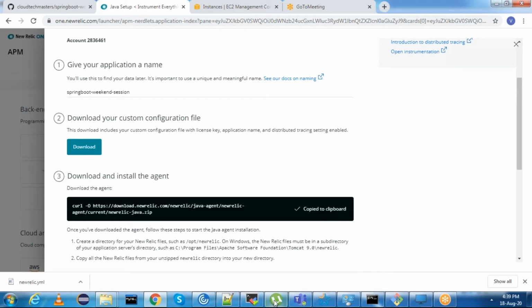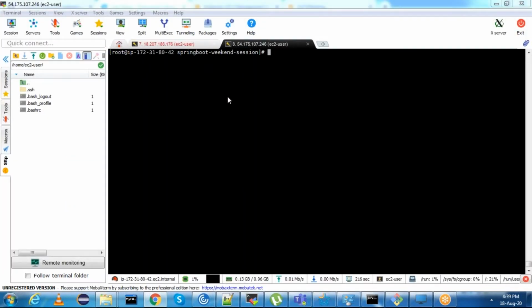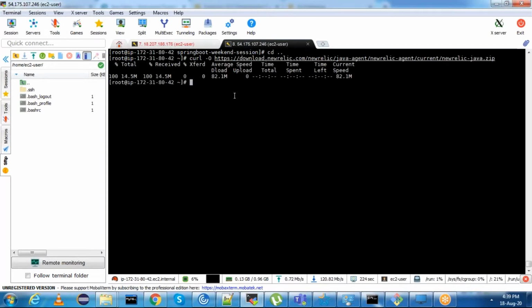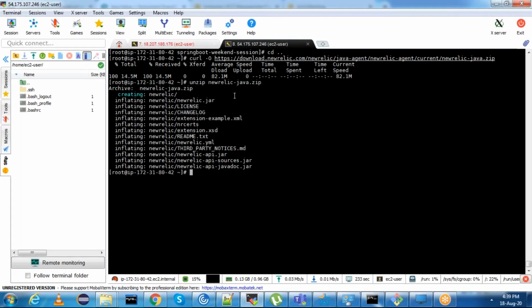Copy this and download the agent outside here. Now the New Relic Java agent is downloaded. Unzip that using the unzip command. Now your Java agent is also unzipped.